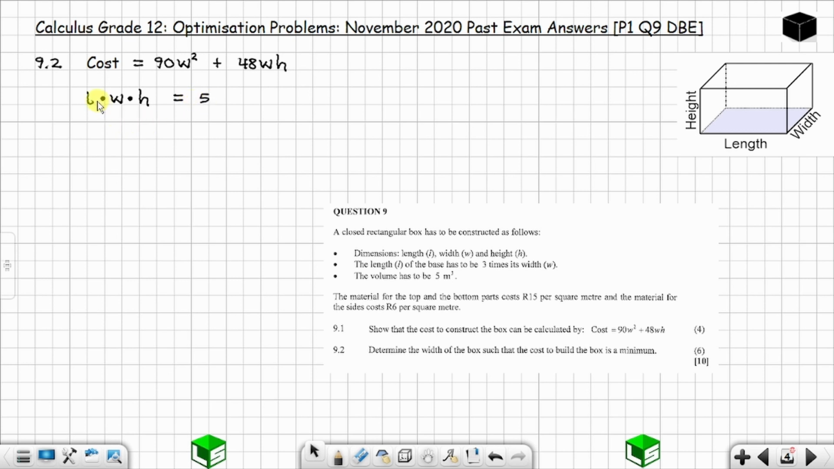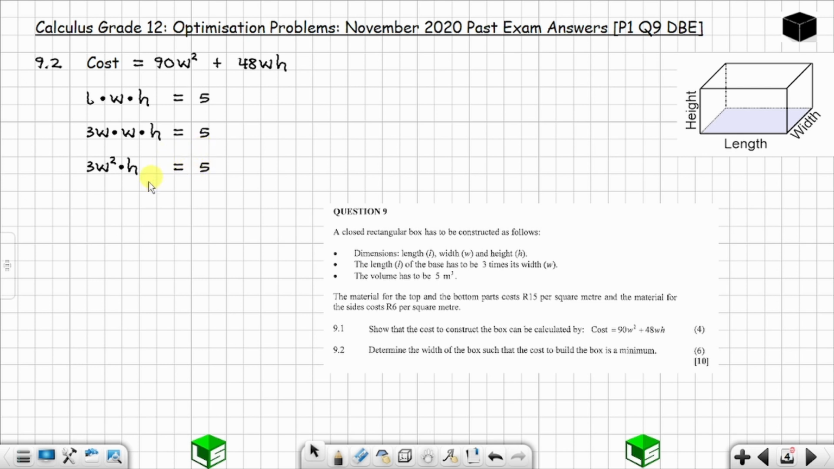And now remember again, you can replace your length with 3W, or 3 times the width, because you were told here the length of the base has to be 3 times its width. Okay, let me replace this. So this is 3W, and then again you have times the width times the height, and this is equal to 5. Okay, so this is my length. I have replaced it with 3W because the information says so. And when you carry on, this is 3, this is W squared, W times W, so it's 3W squared times H, equal to